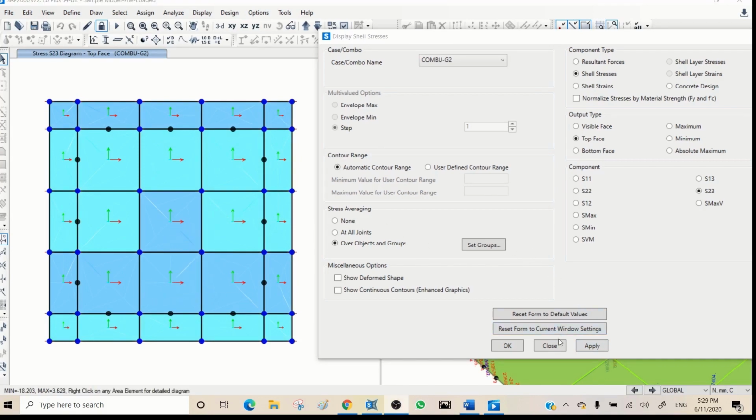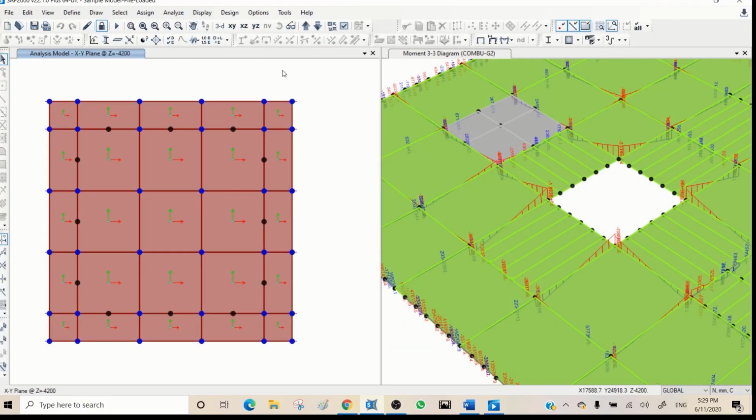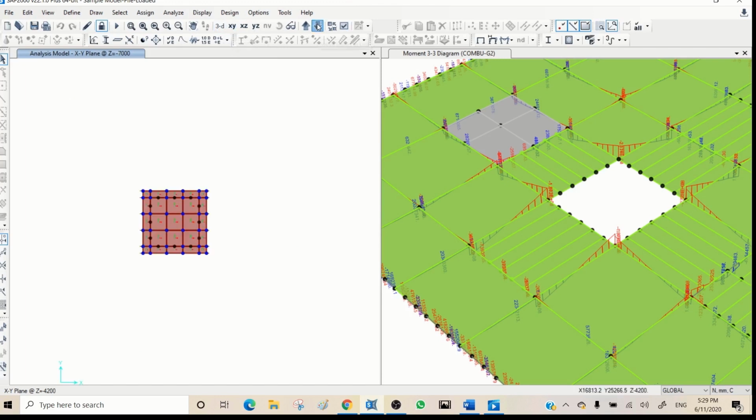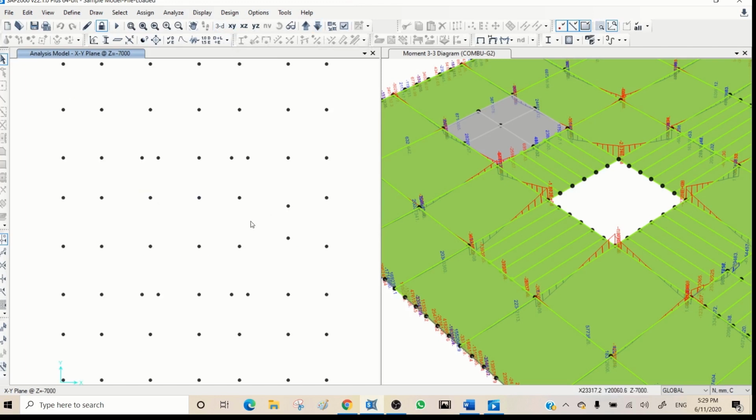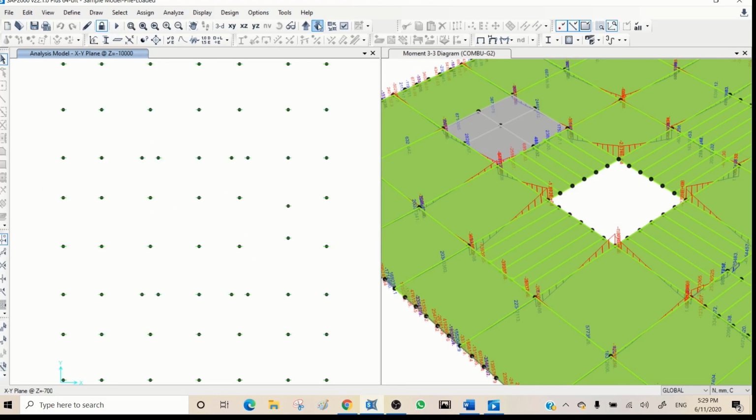Okay, just one more thing I would like to show you to wrap up this session is showing the forces in the piles and also the pile reactions. So if I come here in XY and move down, here is Z, 7000 minus 10,000, so this is the lowest, and this is based on millimeters. So if I go back to kilonewton and meter,